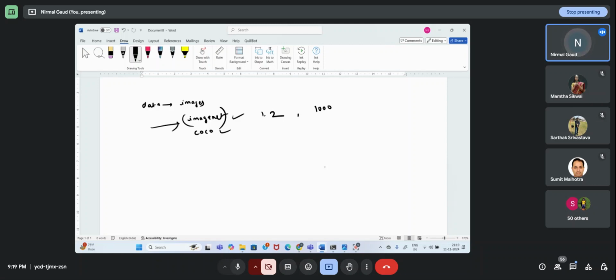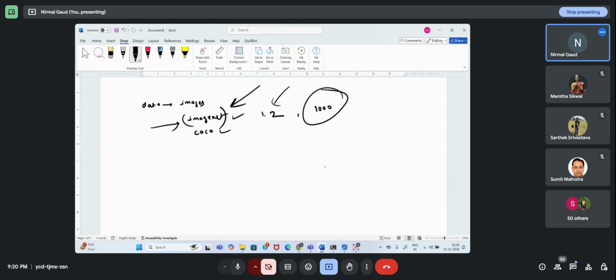Your pre-trained models are trained over this data, and these pre-trained models are good enough to classify these 1000 classes. See how strong these models are, given that 1.2 million images have been provided for training.